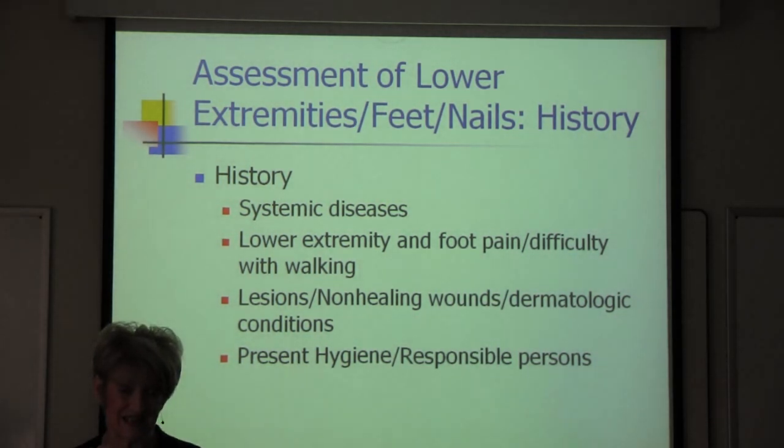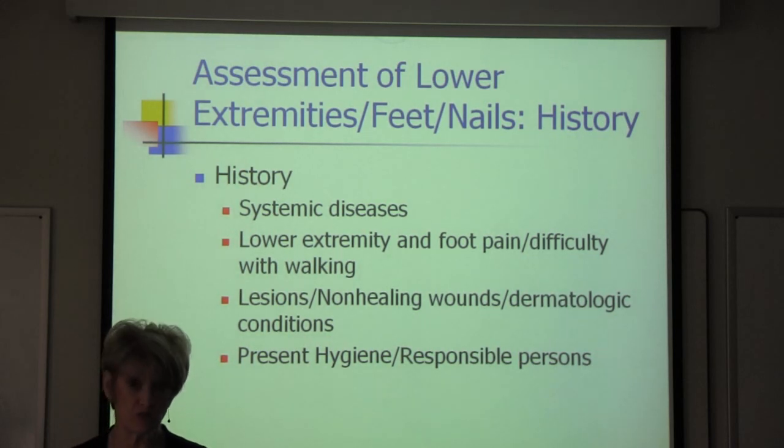Onychocryptosis is where the skin is literally growing over the nail. That is a true ingrown nail. That is when you also get paronychia. Now, we will talk more about management, but I'll just summarize here by saying that if you have a patient who comes in with an acute onychocryptosis, ingrown nail, and paronychia,